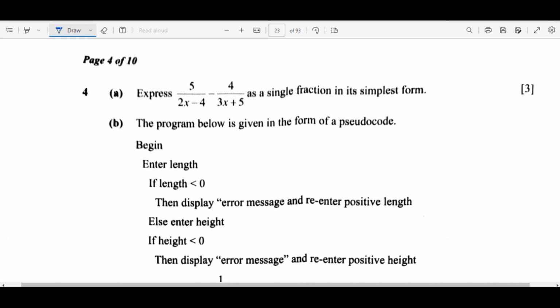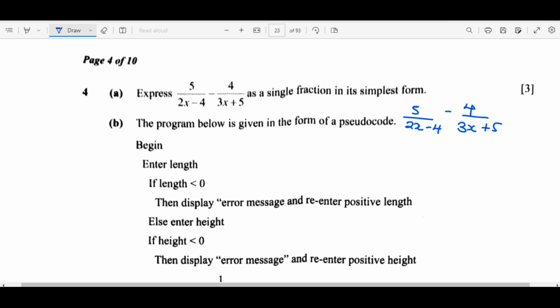So we are expressing as a single fraction. This one is simple. To express as a single fraction, we have 5 over 2x minus 4, and then minus 4 over 3x plus 5. So as a single fraction,